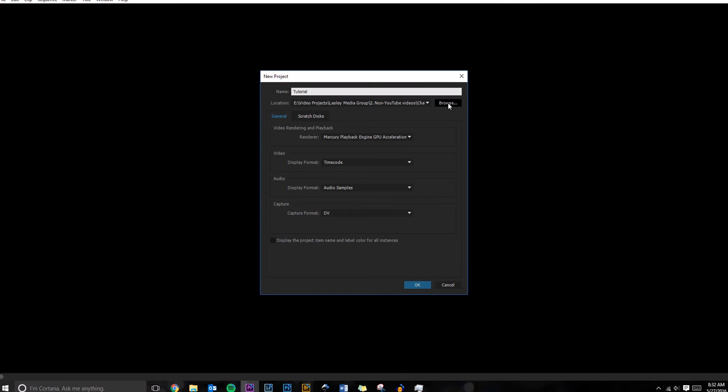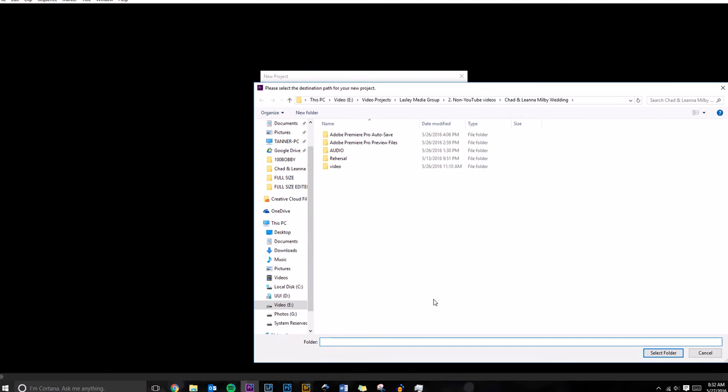Location, you do need to change this though. This is where all of your files and saves will be put. So wherever you want this video or the files to be saved, this is what you need to go to. Here's a file that I did for a wedding, and here's the Adobe folders that it created by itself. So we're going to go into this folder, go to YouTube videos,